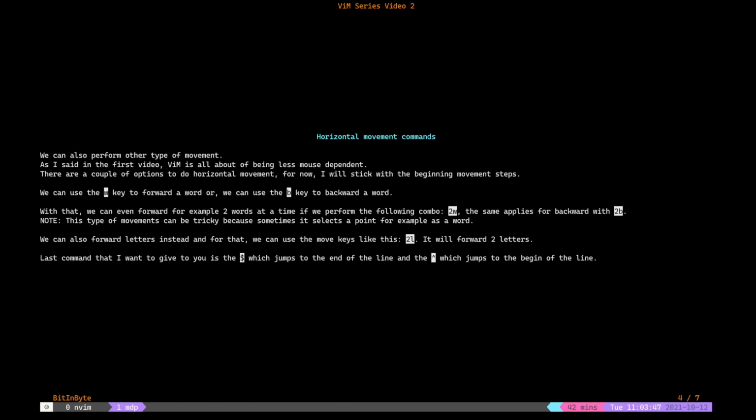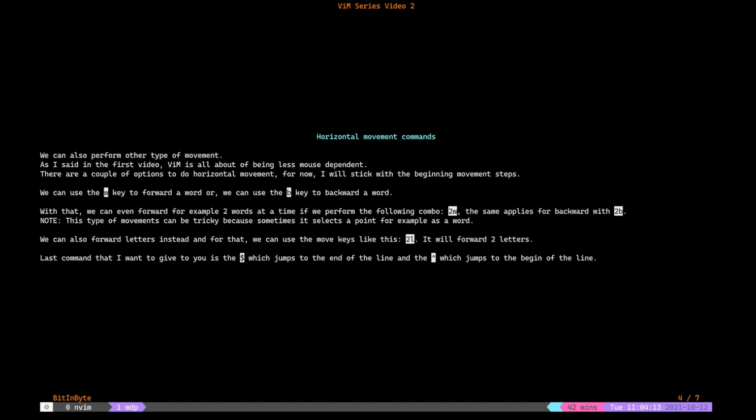So let's start with the horizontal movement commands. As for all of the movements, like what we performed with HJKL, the only exception is for the arrow keys. If you are in insert mode, to move back and forth and to go up and down, you can use the arrow keys, but that doesn't apply to the second approach.